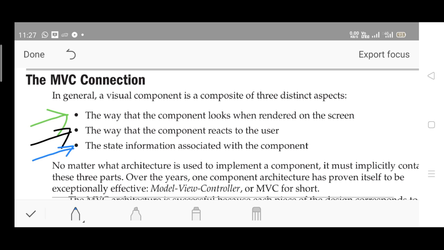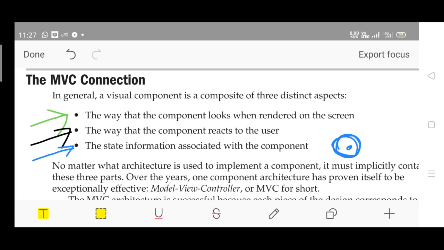And view is how it appears to the user. How does it appear when you select a particular radio button? A radio button looks like a circle, isn't it? And if you select this, a dot will appear in between.